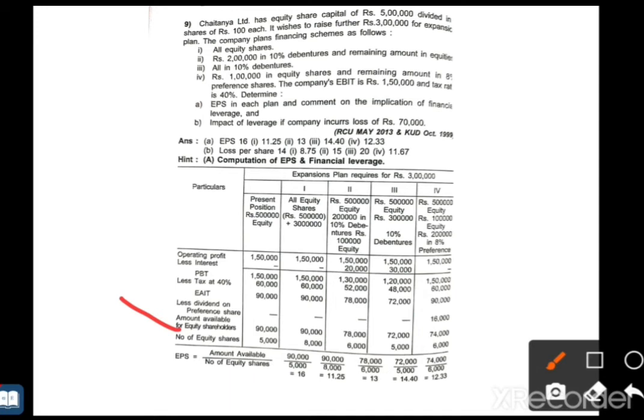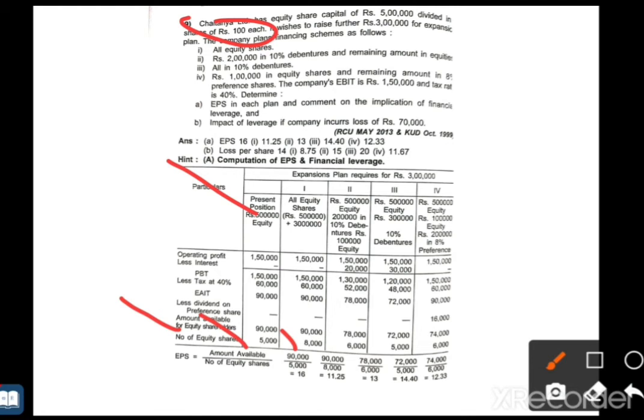See, shares are divided into 100 each, meaning each plan has what amounts. In each concerned plan and the existing plan, how many equity shares do we have, divided into 100? In plan 1 of 5 lakh, 5 lakh divided by 100 gives 5,000 equity shares. In plan 2, 3 plus 8, 8 lakh, 8 lakh divided by 100, that is 8,000.